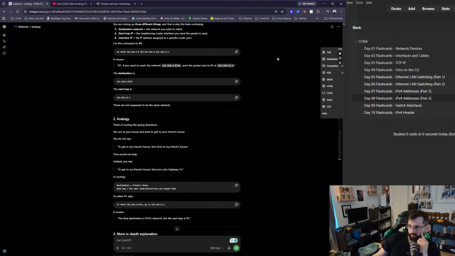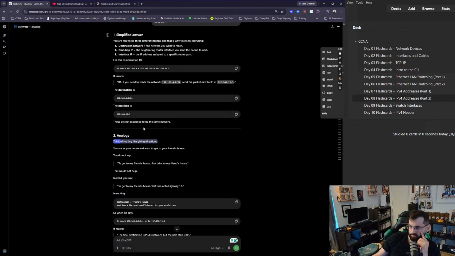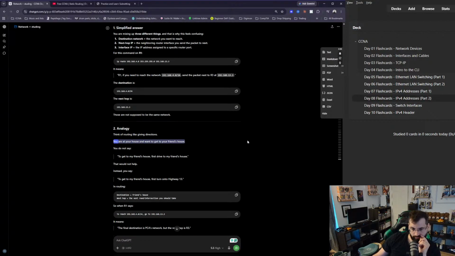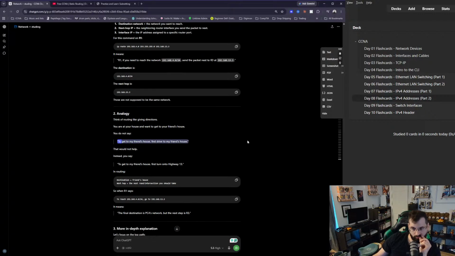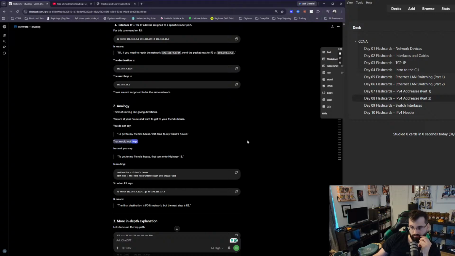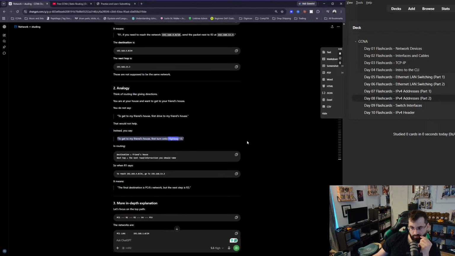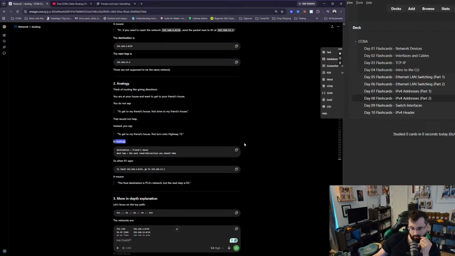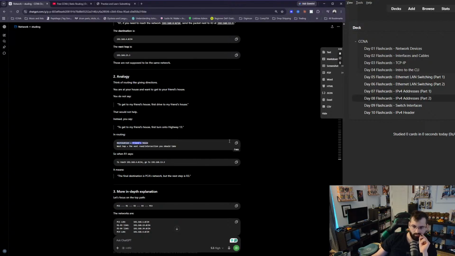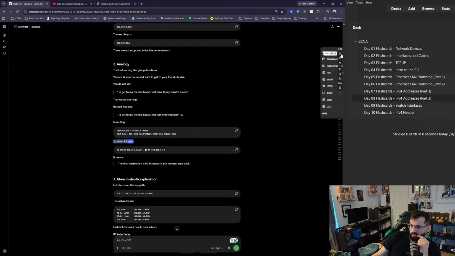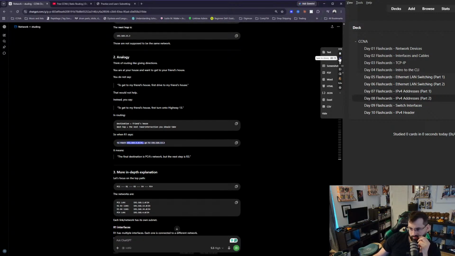Analogy. Think of routing like giving directions. You are at your house and want to get to your friend's house. You do not say, "To get to my friend's house, first drive to my friend's house." That would not help. Instead, you say, "To get to my friend's house, first turn onto Highway 13." In routing, destination equals friend's house. Next hop equals the next road intersection you should take. So when R1 says, to reach 192.168.4.0/24,